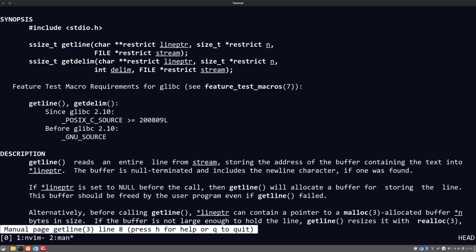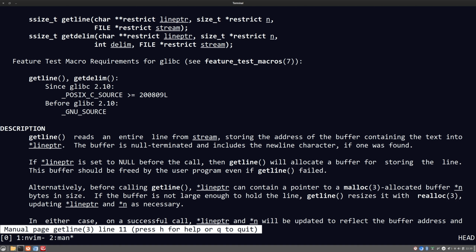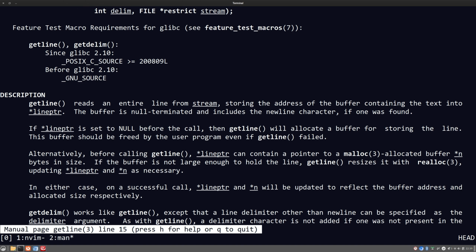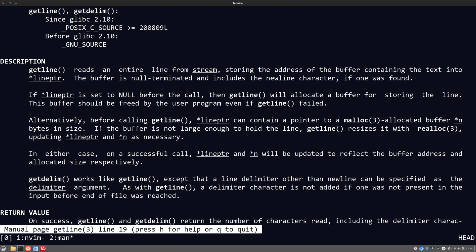Alternatively, before calling getline, line pointer can contain a pointer to a malloc allocated buffer and n its size. If the buffer is not large enough to hold the line, getline resizes it with realloc, updating line pointer and n as necessary. In either case, on a successful call, line pointer and n will be updated to reflect the buffer address and allocated size respectively. getdelim